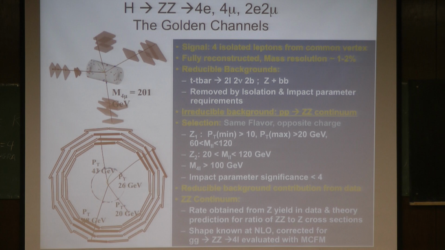And now we go to the golden channel, the 4-lepton. This is a beautiful channel to do the Higgs search in a wide range of masses, and it's very clean. The 4 muons was the one that I discussed last time, on how the experiments were built the way they were built, and we are indeed able to have a fantastic, I would say, resolution in this analysis.